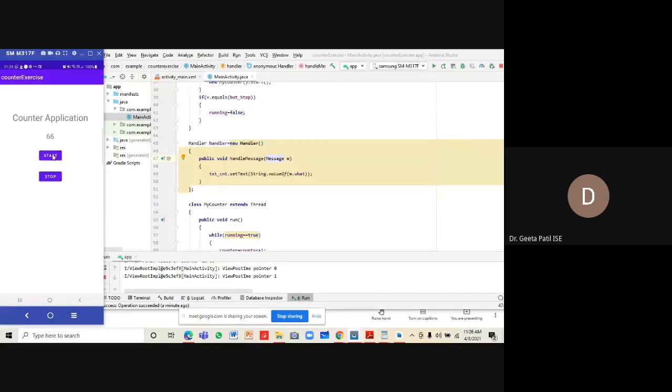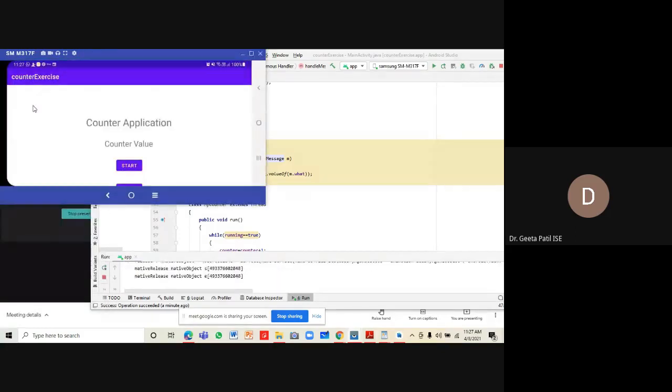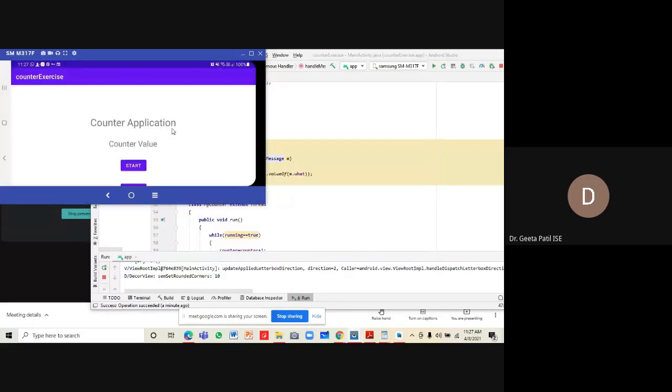When we say start, the counter value is incremented in my counter thread. Updation of the label is happening in main. And when I say stop, the incrementation of the counter is stopped. That means the other components in your application are working fine.